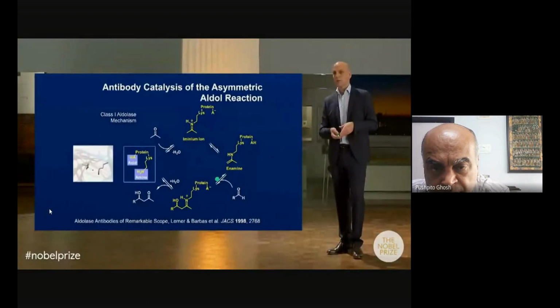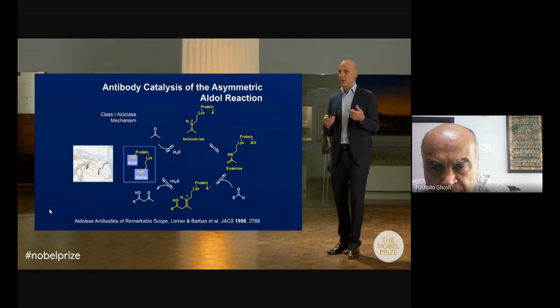I think this was done in the context of work on the mechanism of class 1 aldolases. And so now the conjugate base of this acid co-catalyst can now extract the proton to generate an enamine intermediate. So as you can see, this is basically a strategy that biology has developed or evolved, one should say, to